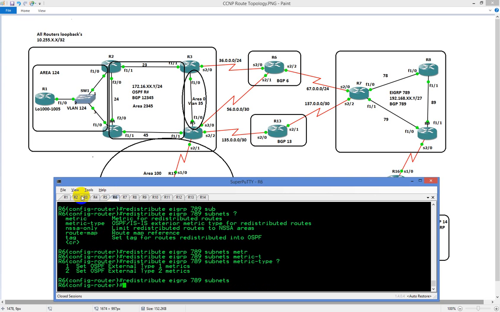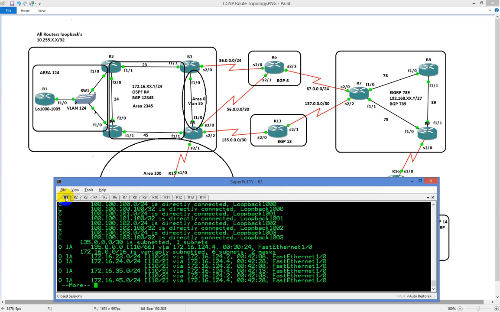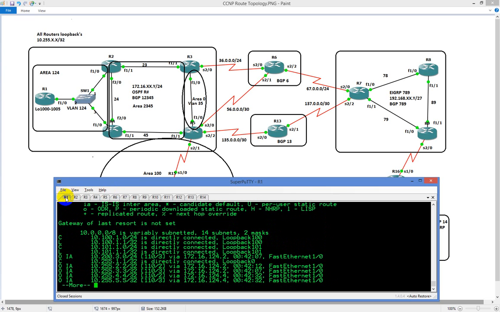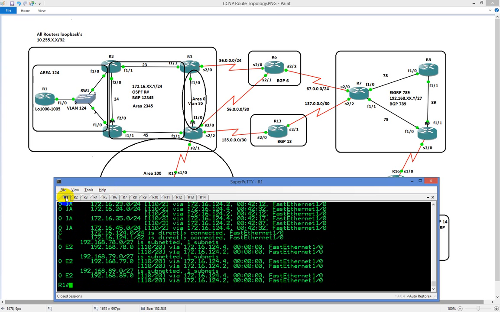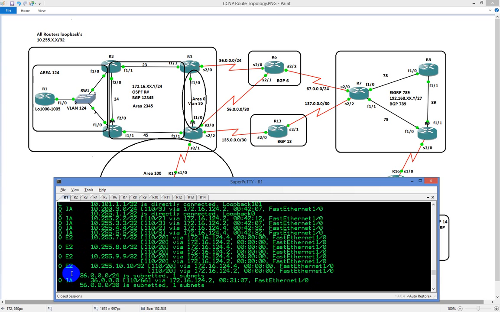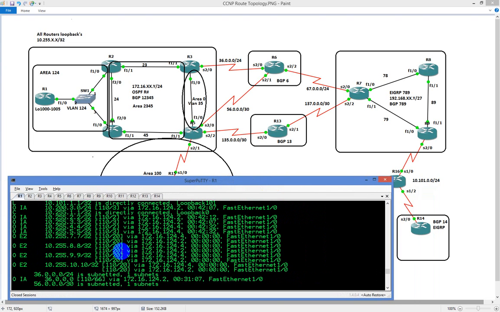And now I'm going to go to router 1, hit the up arrow, and now I should have a bunch of, it might actually take a minute for it to propagate here. There they go. So now I have a bunch of E2 routes. What does that mean for you and I? So that means for you and I, if we were to move over to 14,